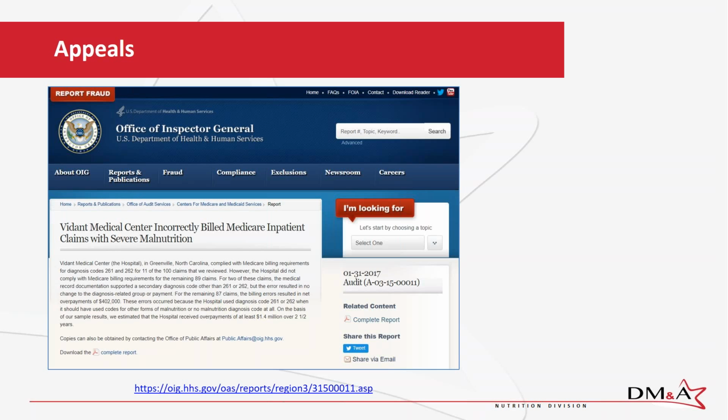Here's that appeal to the OIG that I was referring to from Vidant Medical Center when they were audited for severe malnutrition. You can go to this link and click on complete report. If I remember correctly, there are like 32 or 33 references that this hospital cited to disprove some of the findings of the OIG and to support their diagnoses and documentation on these cases. I have to tell you, it's worth the time and effort. Anyone who works in appeals related to malnutrition, this is a go-to document, and I wanted to make sure you had it available. Moving on to the next slide,